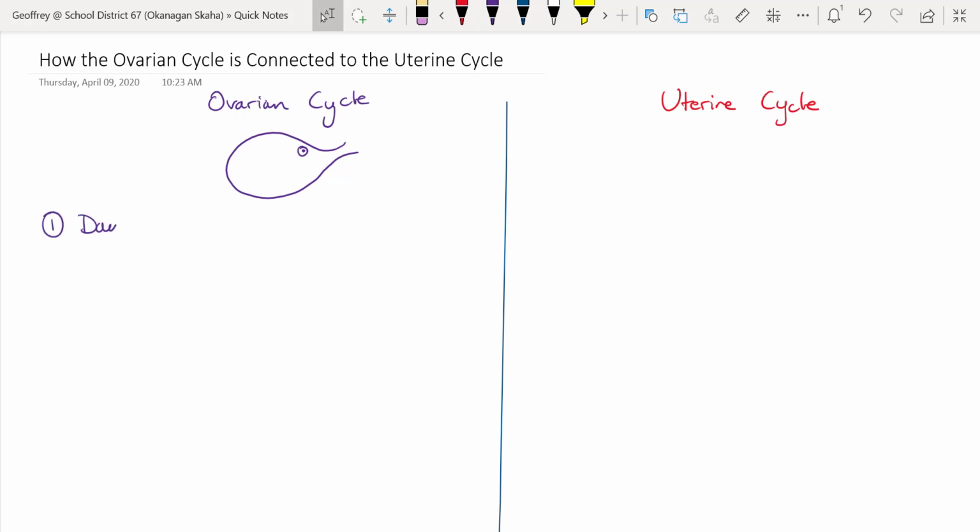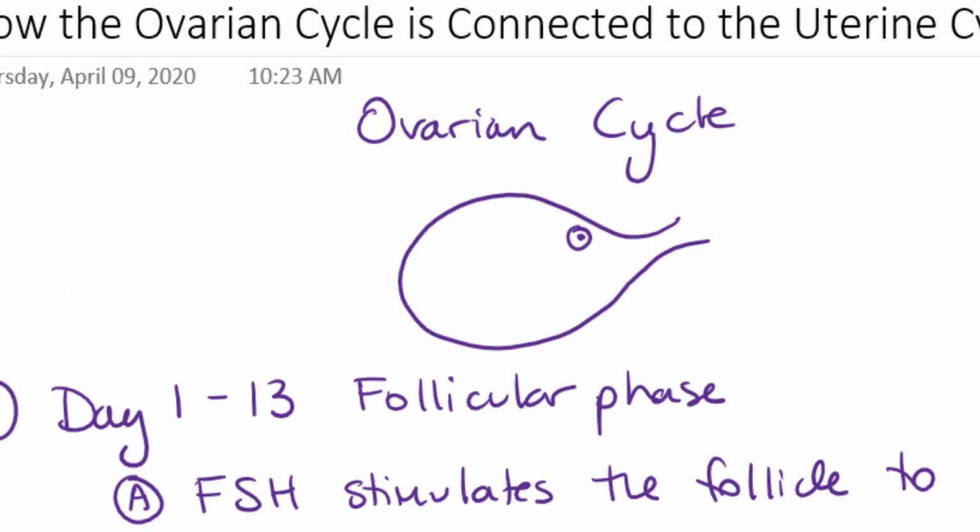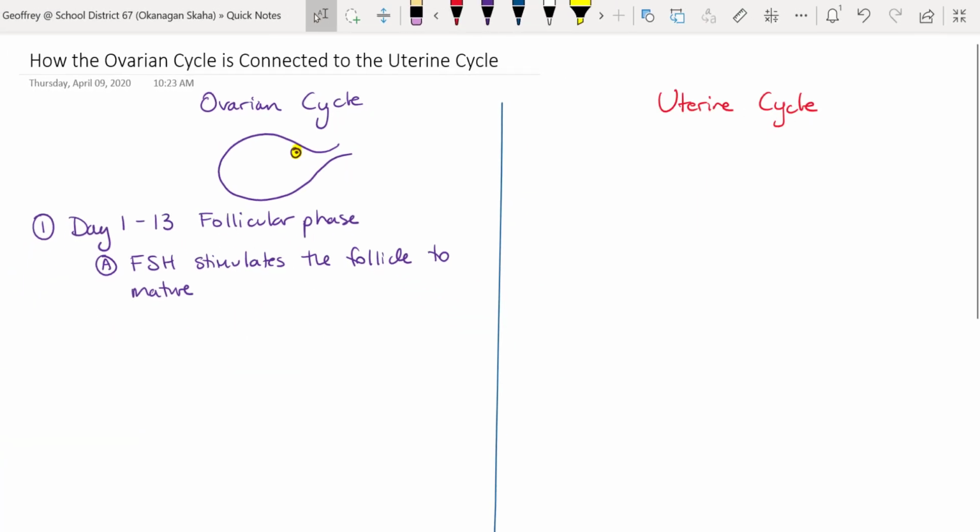Is day 1 to 13, and FSH is sent out from the anterior pituitary, and remember that the hypothalamus is sending out gonadotropin releasing hormone that stimulates the anterior pituitary to release FSH. So we've got FSH, follicle stimulating hormone, and this stimulates the follicle to mature, as we can see right here, and I'll just put a highlighter, it'd be right there. That's day 1. And as we get more and more FSH, it starts to build up, and we get a